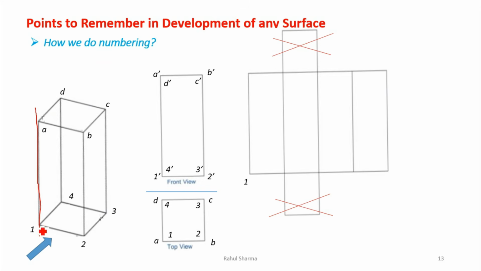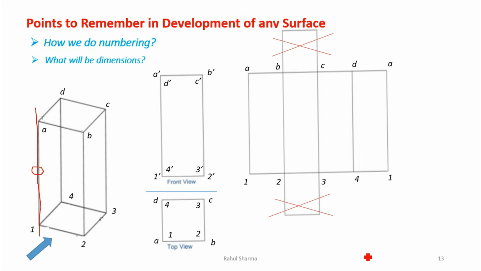So I cut it from the 1A edge, so it will have 1 2 3 4 and again 1, because I told you this edge will now be divided into two parts. When I join 1 with 1, I will get the closed point here, base corner 1. So similarly at the top A, B, C, D and again A. If I join 1A to each other, I will get the closed surface. So this is the way we do the numbering.